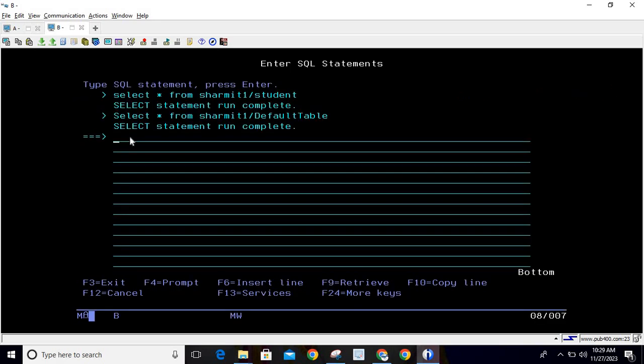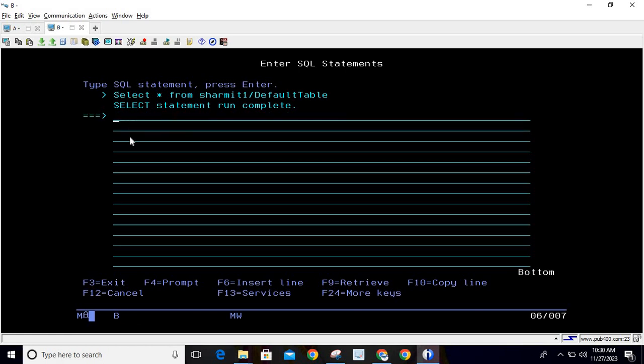Fine. So we got the requirement, like we should print the name, and if the name is not available, in this case we can print the default value. So let's see how we can write this query with the help of a subquery. For that, firstly I will write select, then I will select the column which I want to print. So I want to print student ID, then comma, and then the second value I want to print but with null value handling, right? So for that I will use one function which is